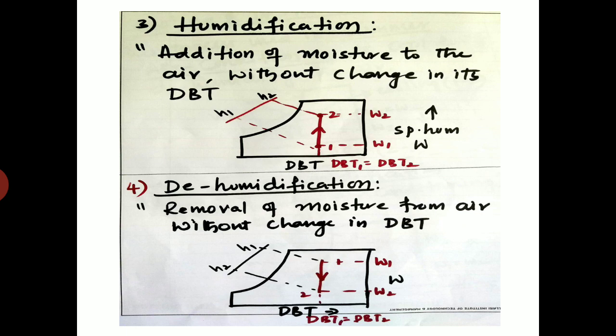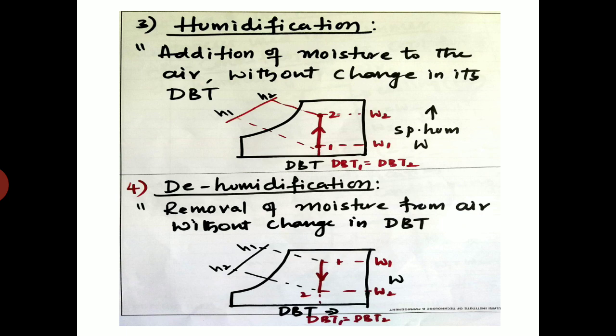This type of system is used in winter air conditioning systems, where I want warm temperature, by adding moisture to the atmospheric air. If I look at the psychrometric chart, the specific humidity goes on increasing while the dry bulb temperature remains constant. So humidity goes on increasing. That's why we feel sweating, because humidity increases here. When moisture is added, humidity goes on increasing.